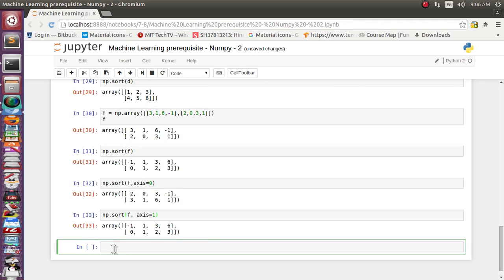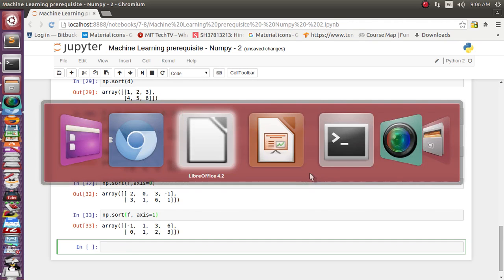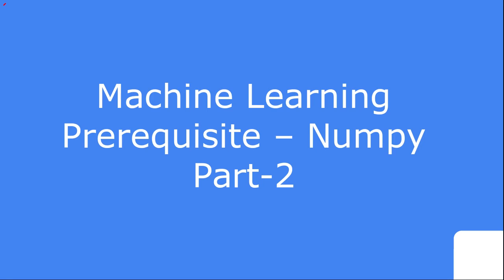So these are some of the basic data metrics and array-related manipulations you can do on top of NumPy. A very fantastic array. It's a very fast and memory efficient way. So that's it for this lecture. We'll see more prerequisites required for our machine learning coding in subsequent lectures.